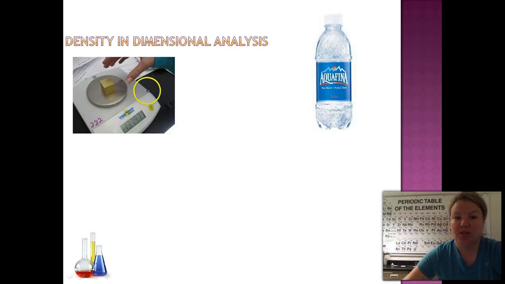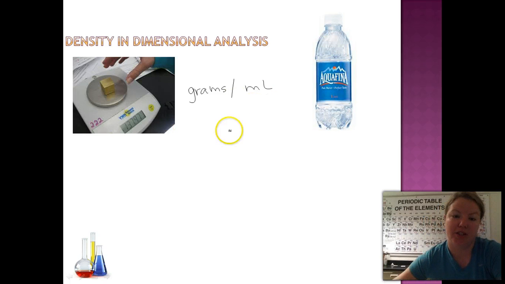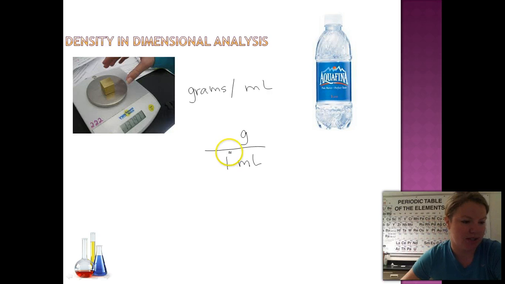Alright, we can also use density in dimensional analysis, and it's quite useful. Since it is grams per milliliter, this is the conversion factor, grams over 1 milliliter. So if we were going to use the information from the last problem, our answer was 2.7 grams per milliliter, this was the density of silver. Okay, if we started out and we wanted to know,